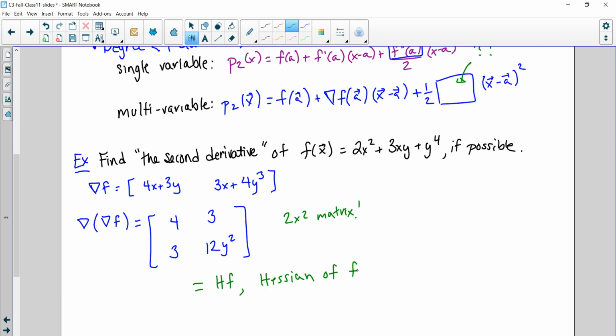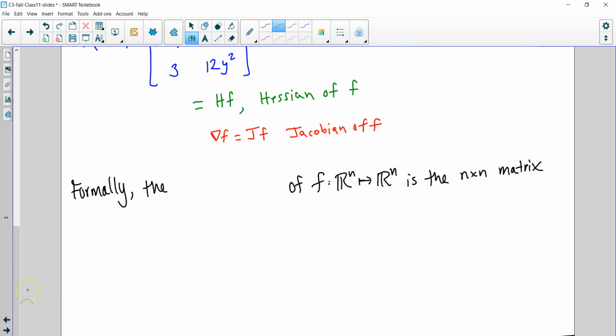Okay, and then just a side remark, when we talk about the gradient of F, some textbooks use JF as notation, meaning the Jacobian of F. Okay, so if you run across the name Jacobian, it just refers to the gradient. Okay. All right, so then just in general, now we're going to say that the Hessian